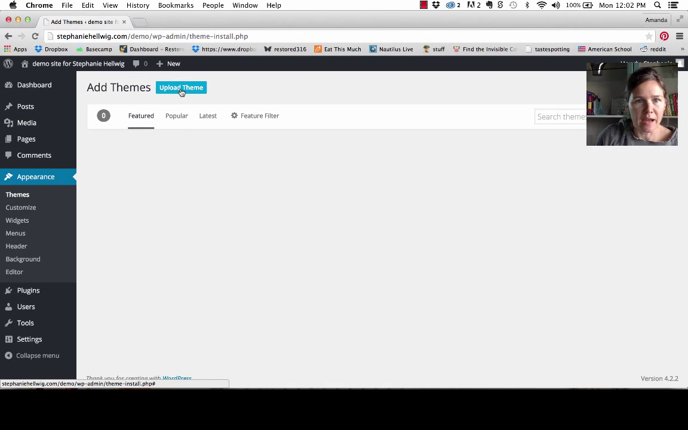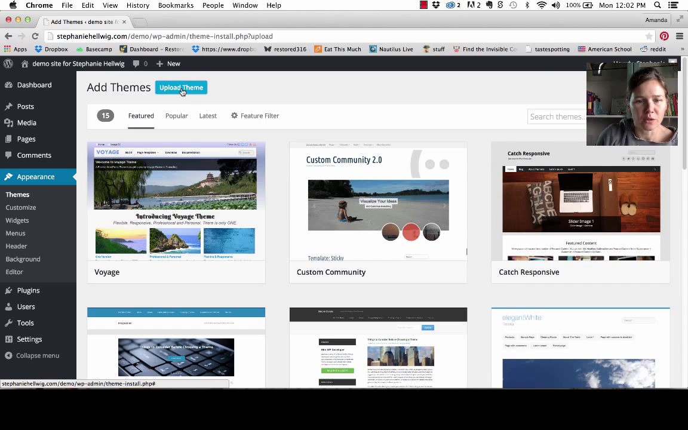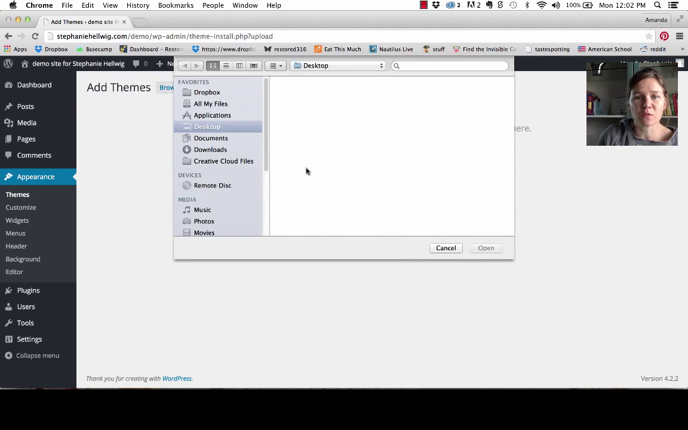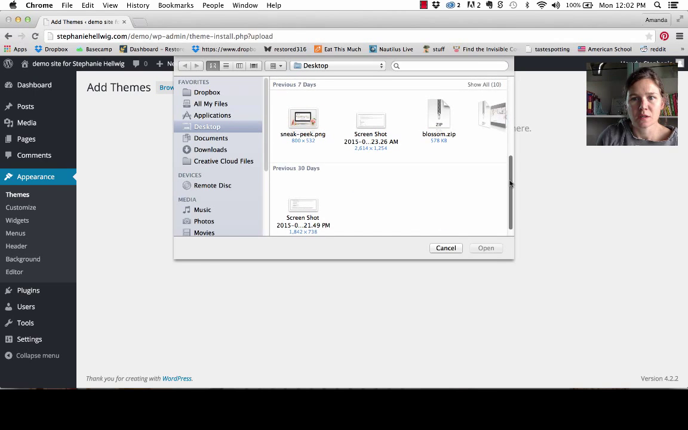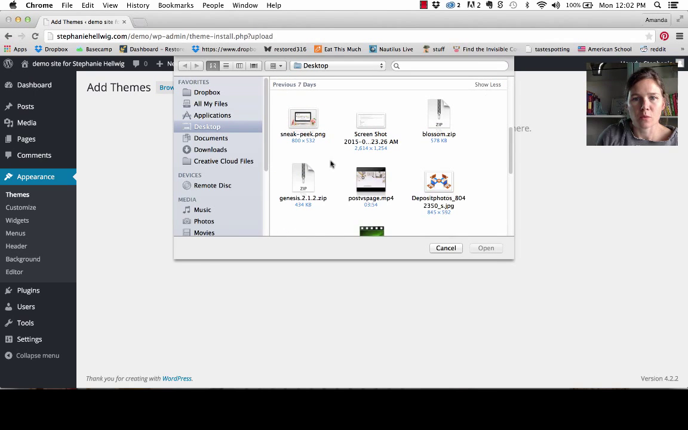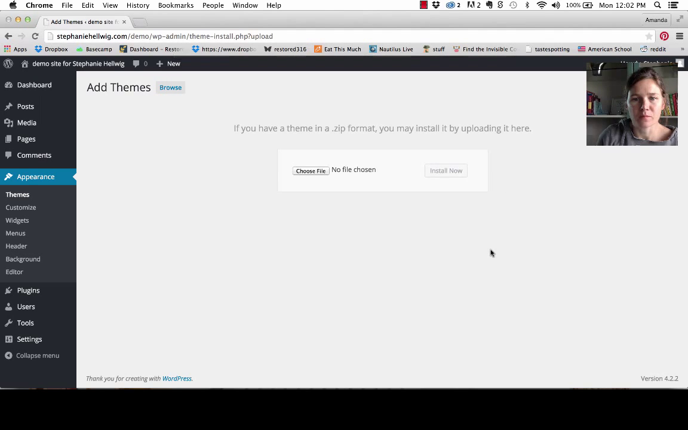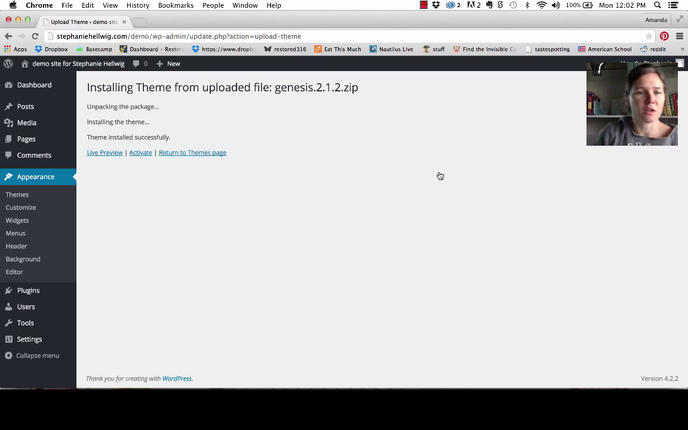So we're going to click Add New and Upload, and we're going to choose a file. And we're going to choose Genesis right off of my desktop. You can put it wherever you can find it, or you can do a little search. I just placed mine on the desktop to make it easy. So we're not going to activate Genesis. We're just going to allow it to install,